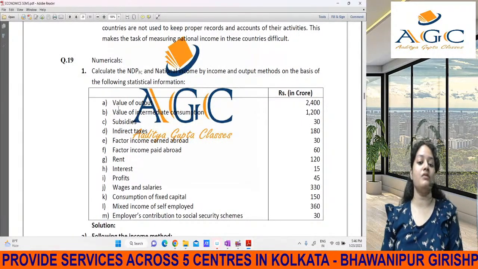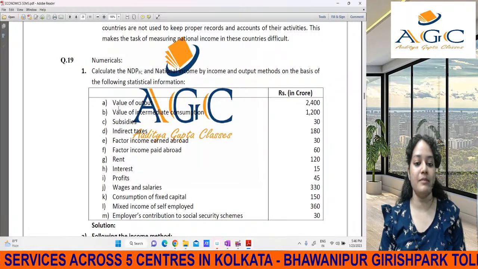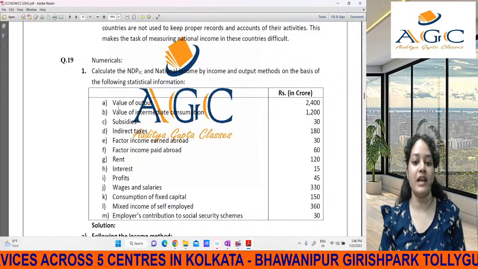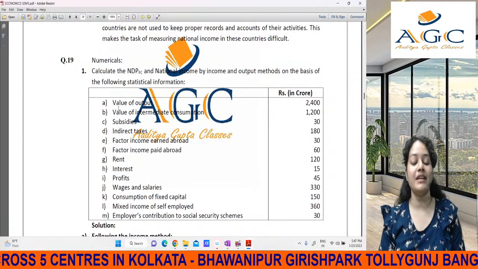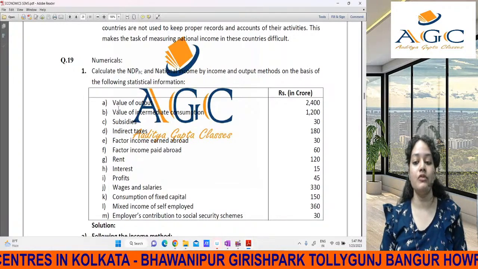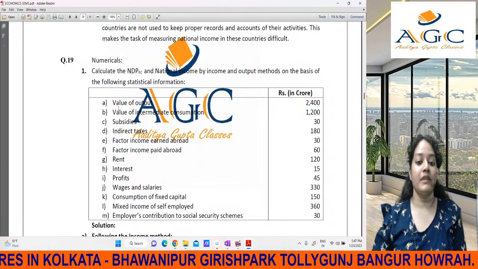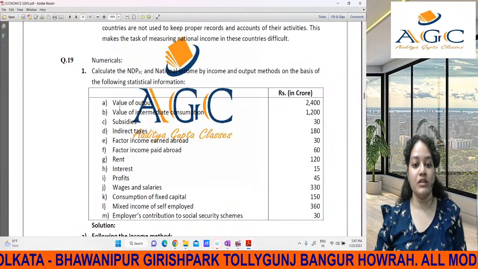So the first value is what? And in your table there might be certain values, I am just saying it beforehand, that are given just for eye wash, like those are not even needed in any of the methods. So you have to do your sum accordingly. So here, everyone take out your copies and do the sum.